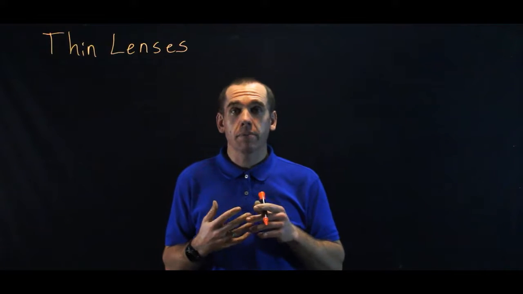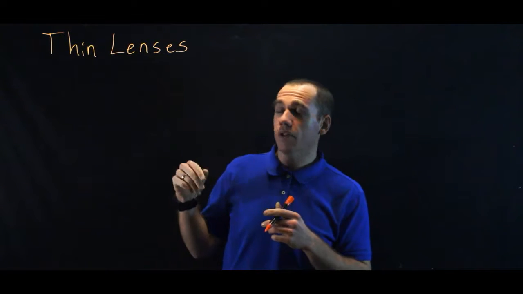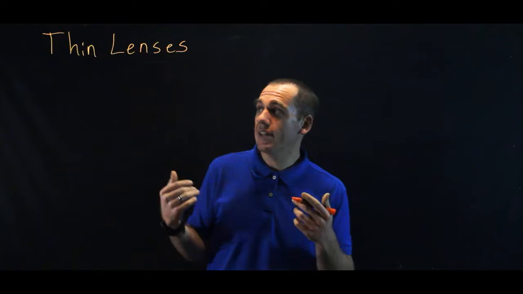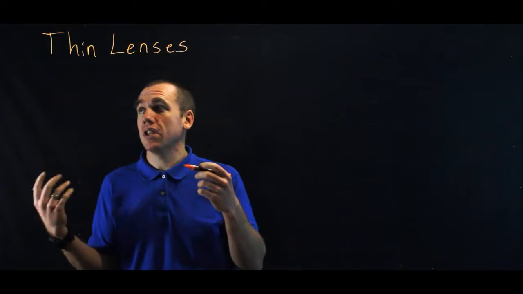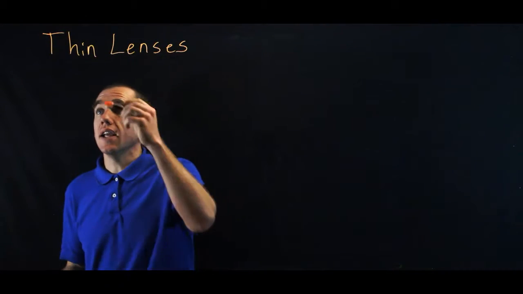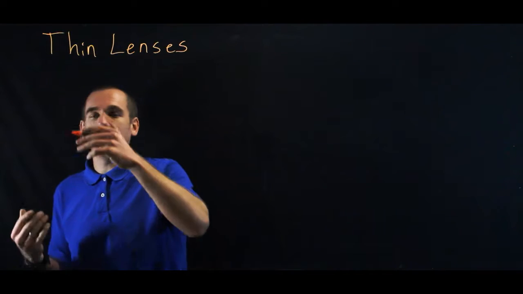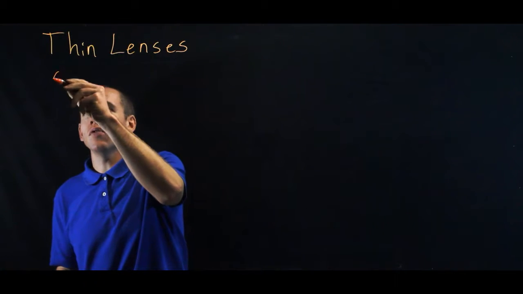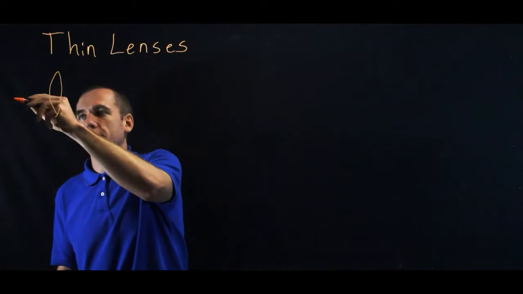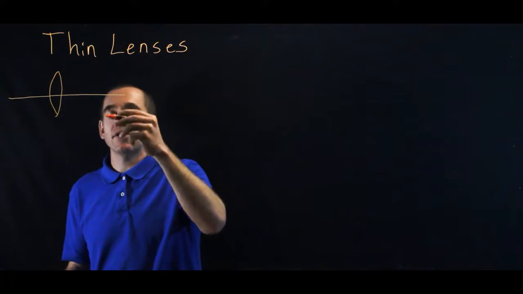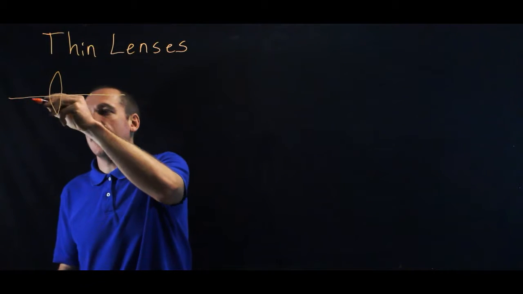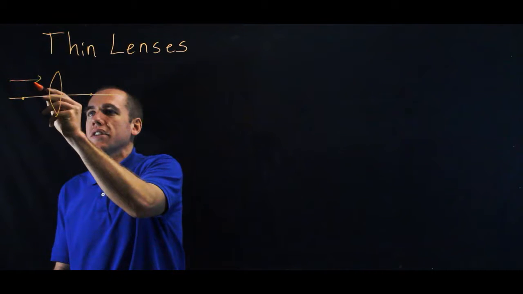In this lesson, we're going to talk about thin lenses. Now, thin lenses, we've looked at two varieties. We've looked at converging lenses and diverging lenses, and they're called that because of the way they focus light. On a converging lens, the light focuses to a point, but what's cool about lenses is they transmit light. So a converging lens actually has two focal points, and if we think about parallel rays of light coming in